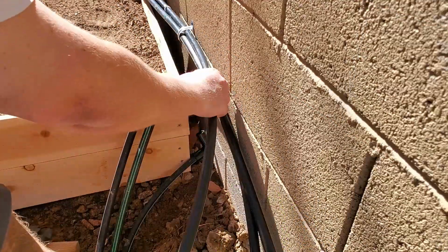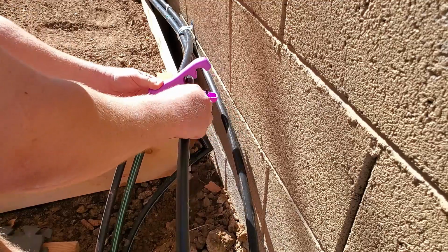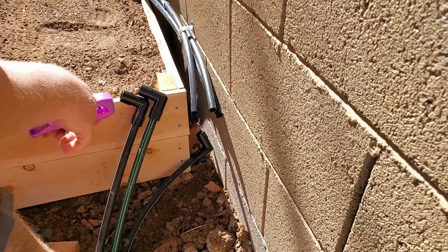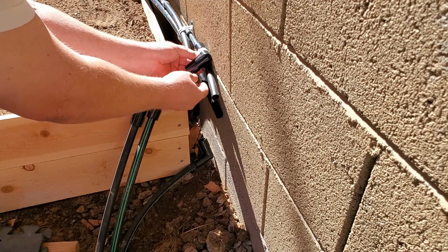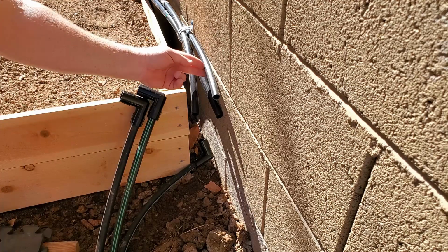We then proceeded to cut the individual pieces to their own specific length. So this one needs to go about here. So that means we don't cut it here, we cut it here. So I'm gonna go ahead and...